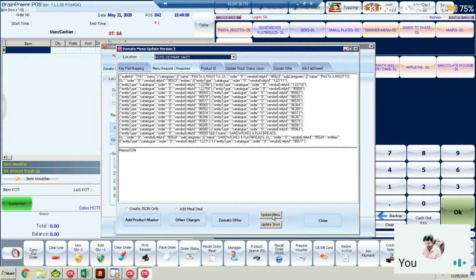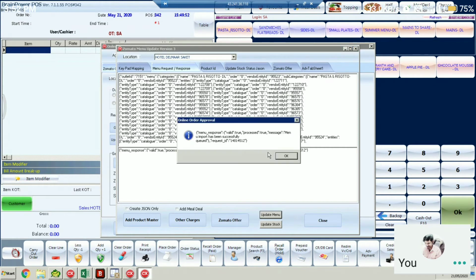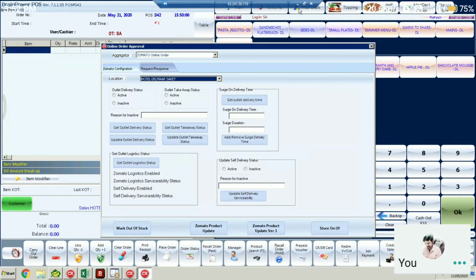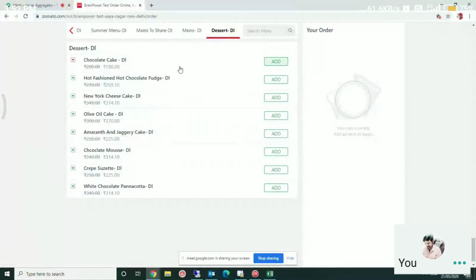And update the menu. Okay, you will get the response valid to process the message. Import has been successful. That means the menu has been updated on the portal. Now when you refresh this portal,